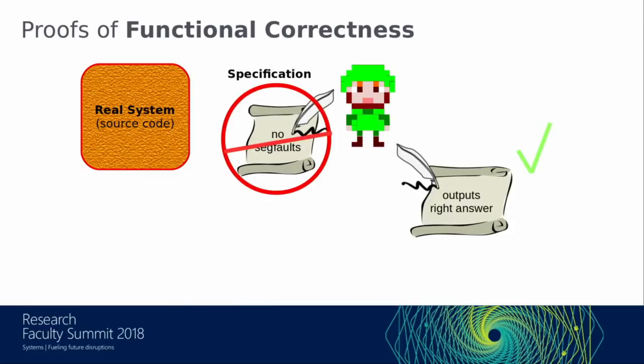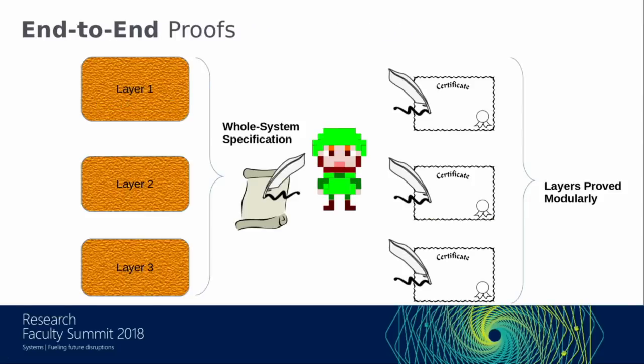And when I talk about functional correctness, I mean we're not just going to, for instance, prove that the system never crashes. We're going to write down a rather specific concept of correctness. For instance, if all the inputs up to this point were the following, then the output had better be this. And finally, when I talk about end-to-end proofs, I mean we have halfway realistic systems that are naturally broken up into layers, and the layers all have their own specifications, and we can prove each layer individually, but then we take the time to plug all these results together and get an end-to-end guarantee that only needs to talk about the top and bottom APIs of a stack like this. And many of the internal details drop out of the trusted computing base.